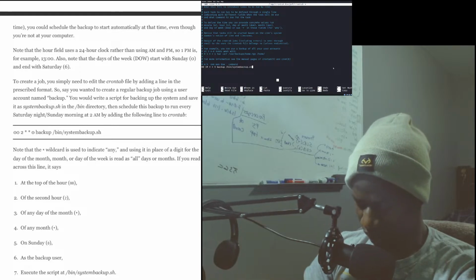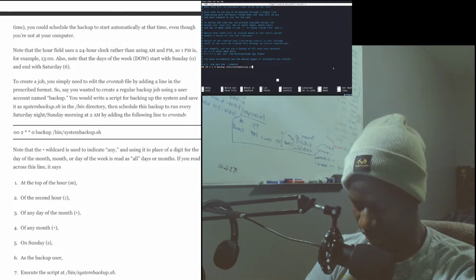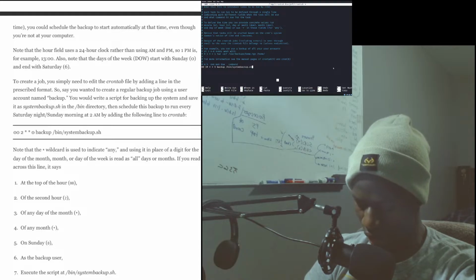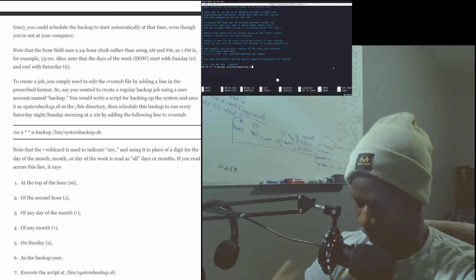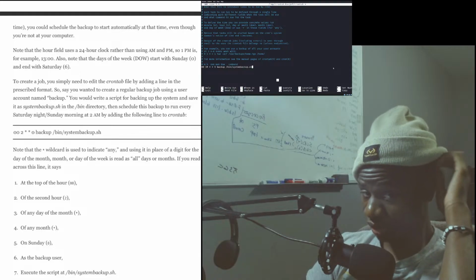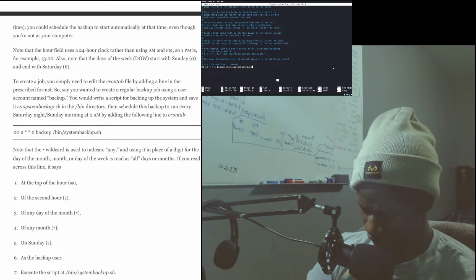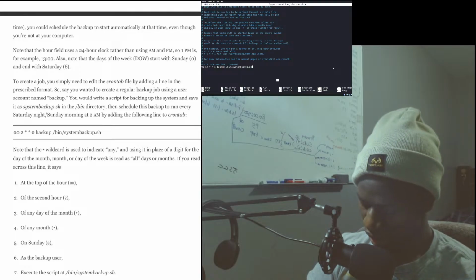Note that the wildcard is used to indicate any, and using it in place of a digit for the day of the month, month, or the day of the week is read as all. If you read across this line, it says 1 at the top of the hour, 00, and your day of the month, and your month, Sunday as the backup user, then execute the script there.